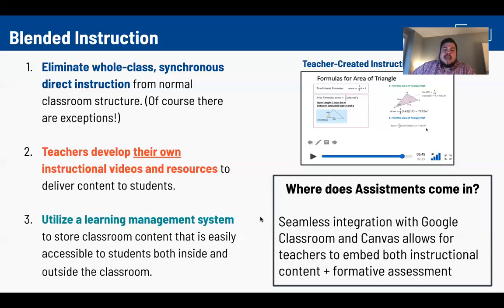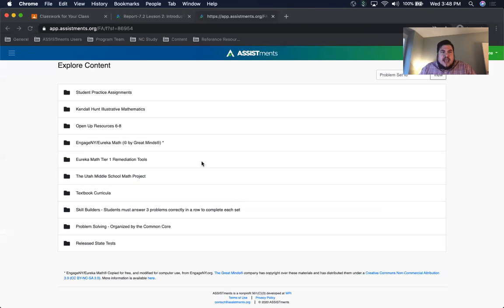Excellent. Thank you, Kareem. And just to piggyback off of that, ASSISTments comes in in that we have a seamless integration with Google Classroom and Canvas, and that allows teachers to embed instructional content into their formative assessment, and also allows them to differentiate different assignments for different students based on their ability level. And so just to illustrate what this looks like for an ASSISTments assignment, I'm going to go over